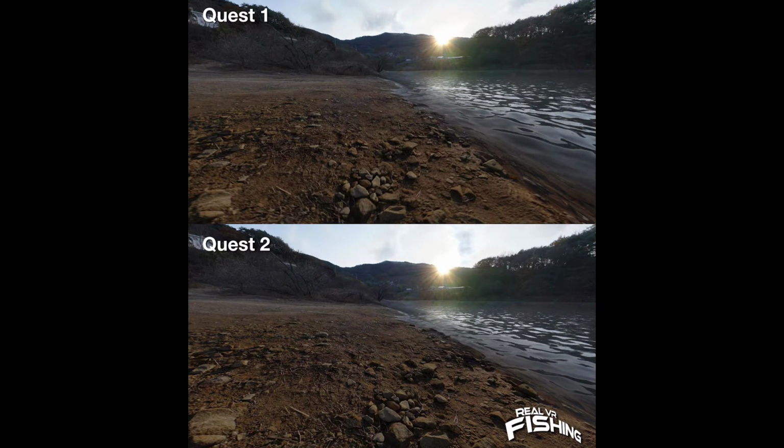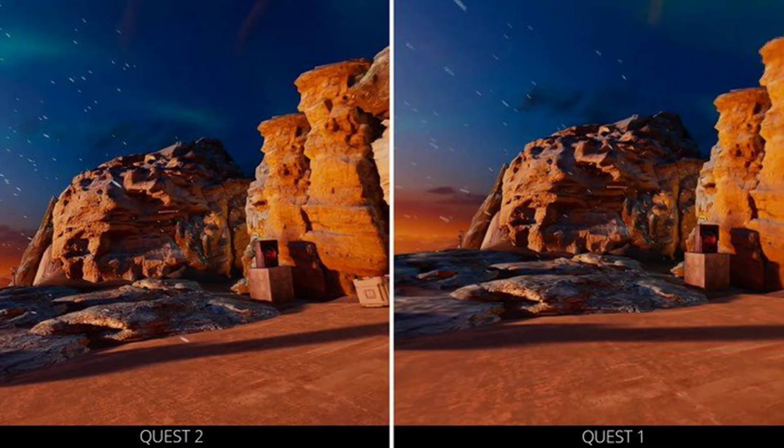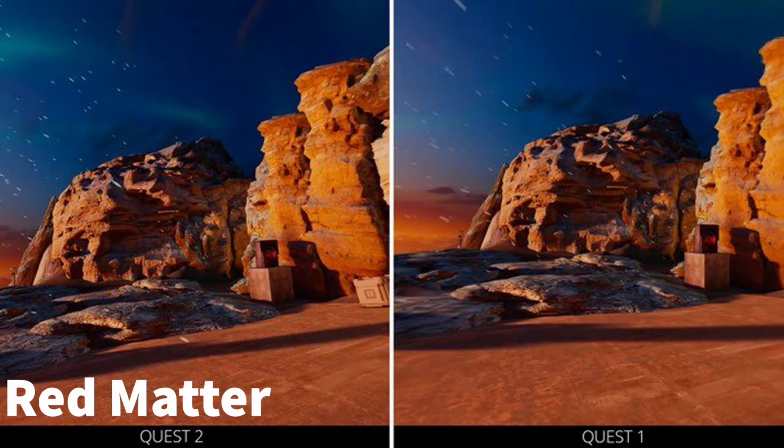The textures there on the floor and in the water. The next one we have on this list is Red Matter, and Red Matter is probably getting the biggest increase as far as how much better the game looks compared to the Quest 1. And I know it's hard to tell in these pictures here on how much better it actually looks, but trust